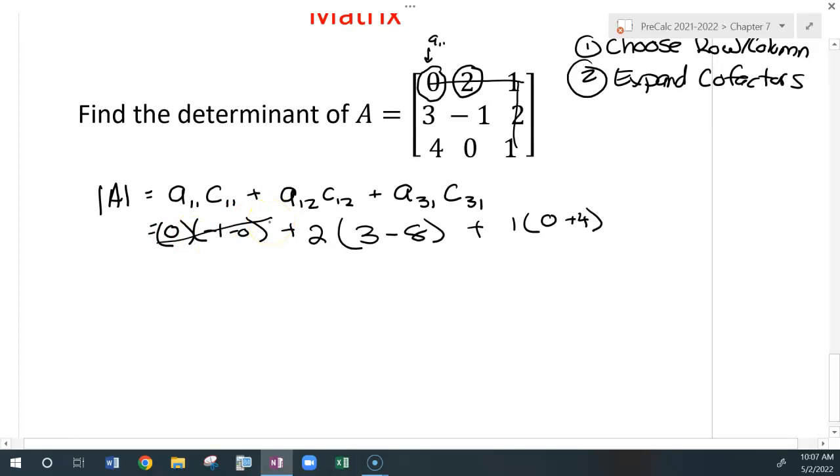That goes away. So you don't even have to get C11 if you don't want to, because you know it's going to go away because it's multiplied by 0. So determinant of matrix A is going to be 2 times a negative 5 plus 1 times 4. Well, I get a negative 10 plus 4, that equals negative 6. And that's my answer. That's all you have to do to get a determinant of a 3 by 3